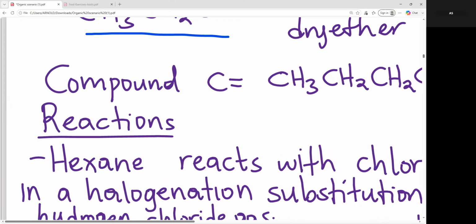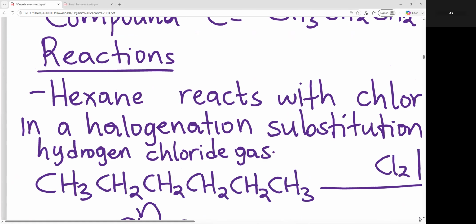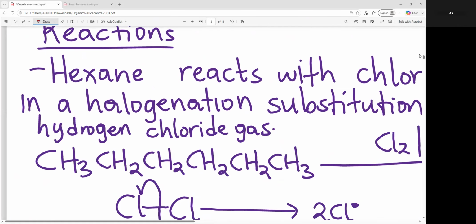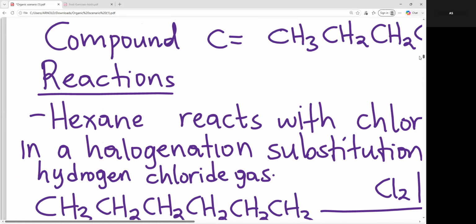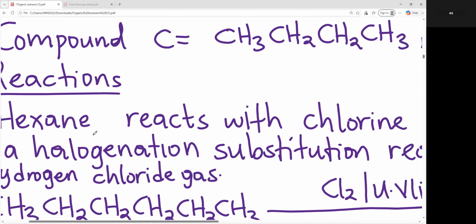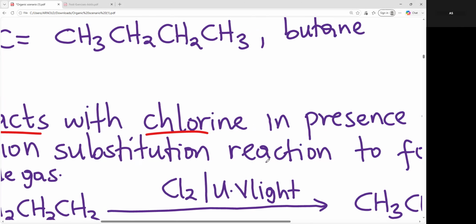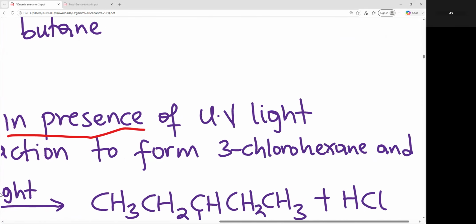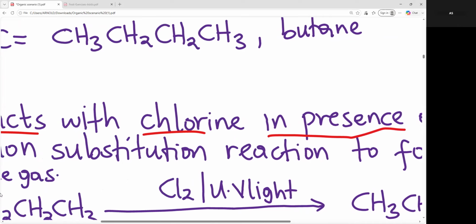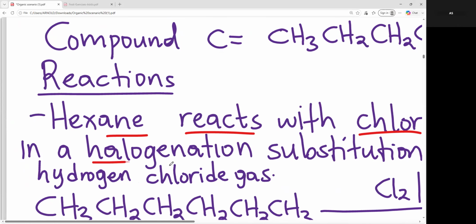This is the description, and the description may not be so important. What is important is the reaction and the correct reaction mechanism. So here, this is my hexane. Reacting with chlorine, you have to describe the conditions. Hexane reacts with chlorine in the presence of ultraviolet light, UV light, in a halogen substitution reaction, which I've explained very well, to form